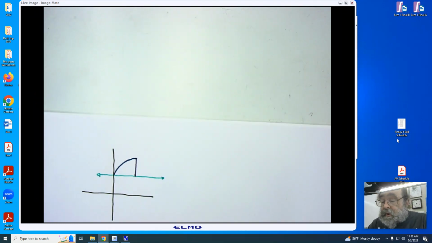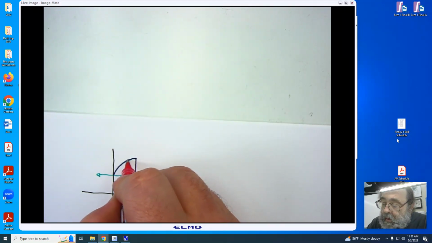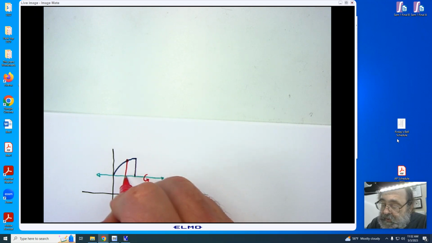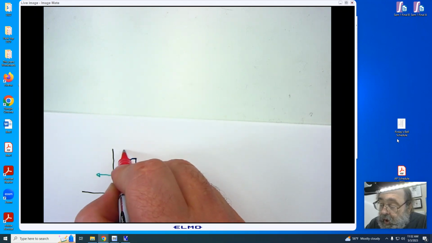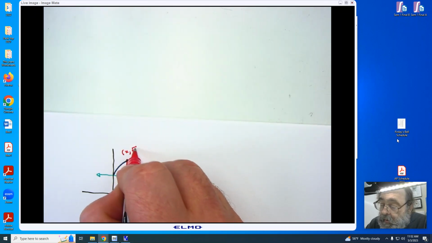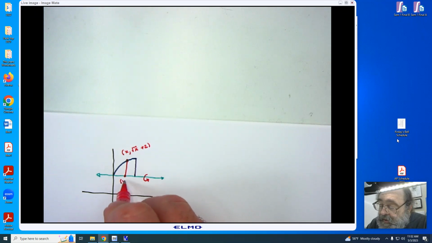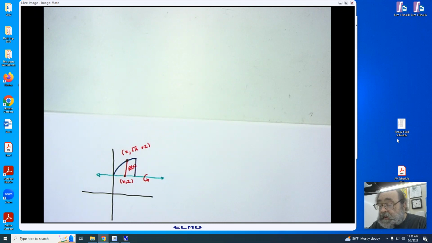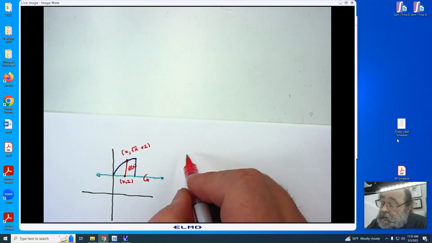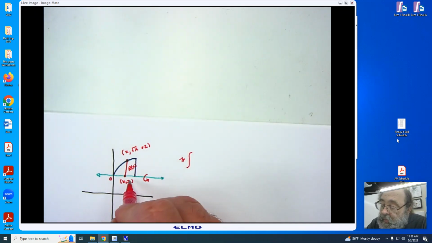Our axis of rotation, and we find r of x. From the axis of rotation, we draw to the curve. The curve is x comma square root of x, the quantity, plus 2. Down here, we have x comma 2. Our r of x is the only segment. When there's one segment, we're working with the disk method. So we have pi, integration from 0 to 1